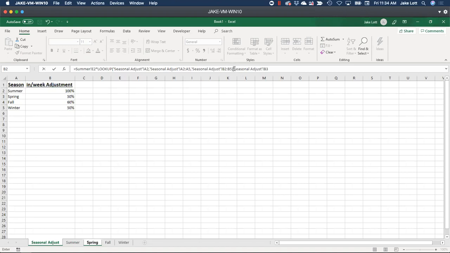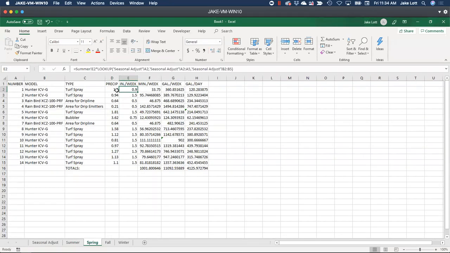So instead of just seasonal adjust B3, we're actually going to be much more dynamic for what it's going to be. Now, you can see that it doesn't know what to look for per se here. So I actually, sorry, I made a small mistake, but let's go ahead and do that right now.